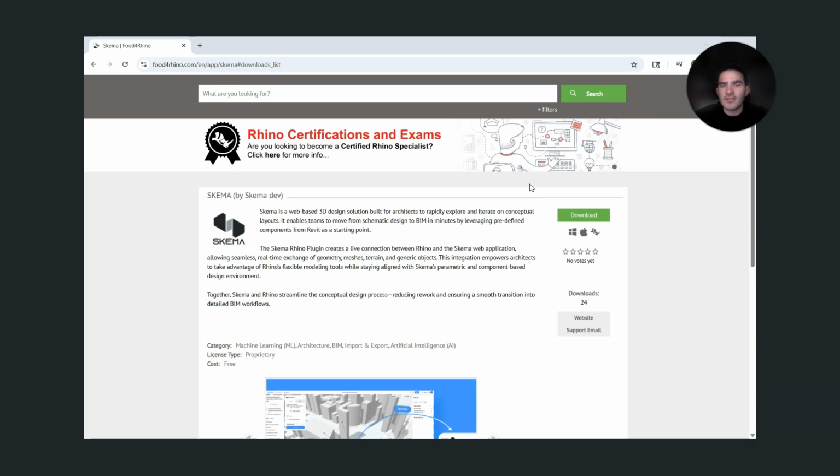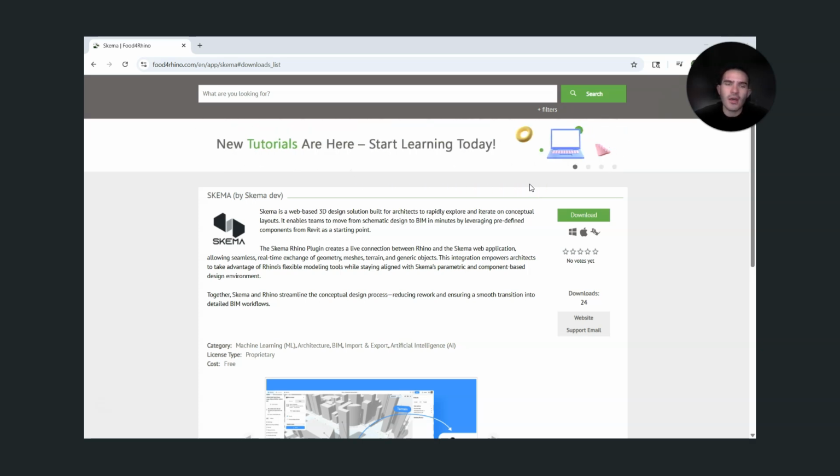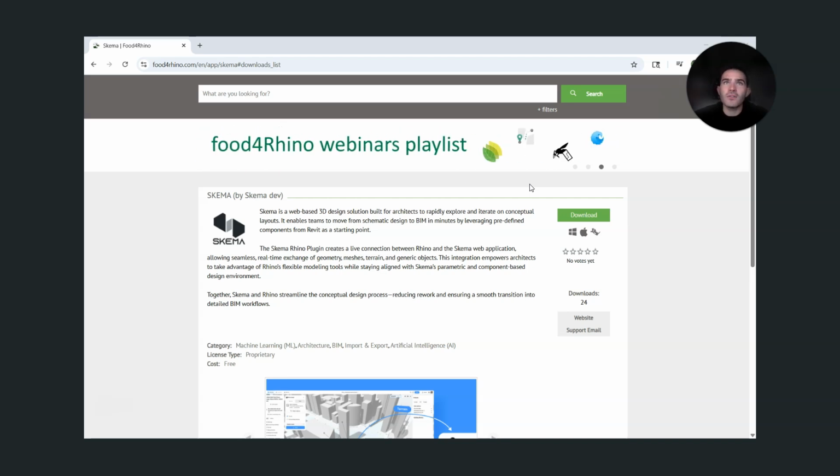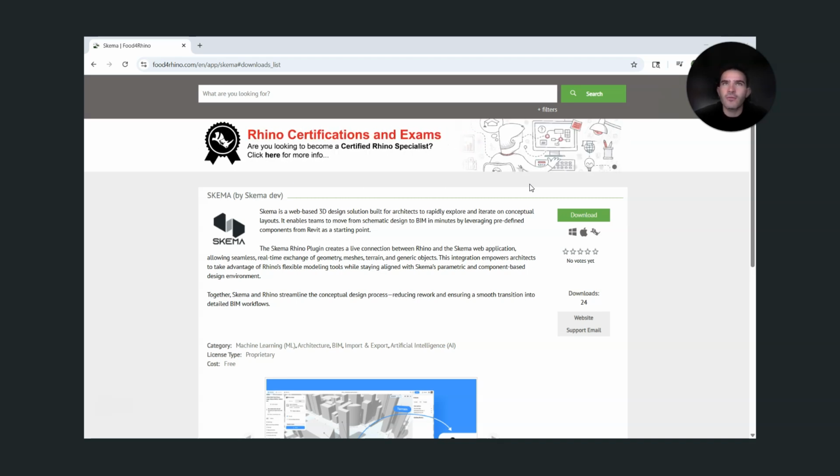Here, in this quick video, I'm going to show you just how easy it is to connect Rhino 3D to Skema utilizing the Skema plugin for Rhino. Now, the first thing you need is the plugin itself, which you can get in Rhino's Food for Rhino app